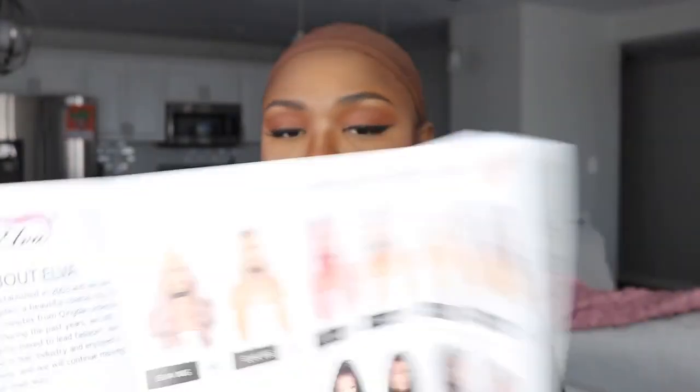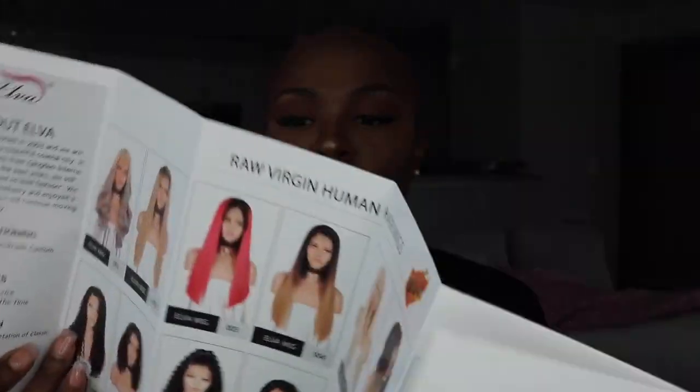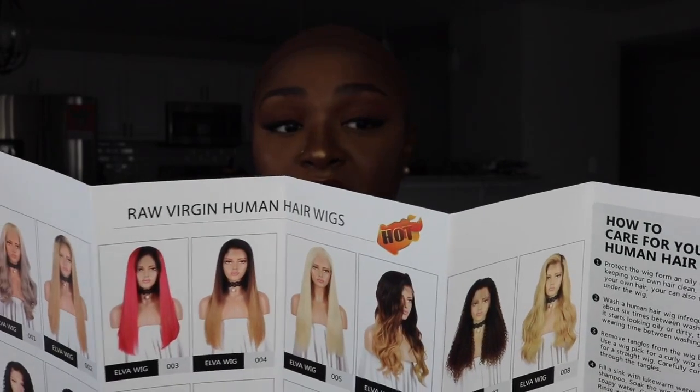And they give you the little pamphlets, and in this brochure, their packaging is legit. They have a bunch of other quick units and stuff like that. And it is Remy hair. So they have Remy hair and virgin hair, raw virgin hair. So I think you could pick which hair you want and the color of the lace and all that good stuff. So I'm going to go ahead and cut the lace off of this, and then